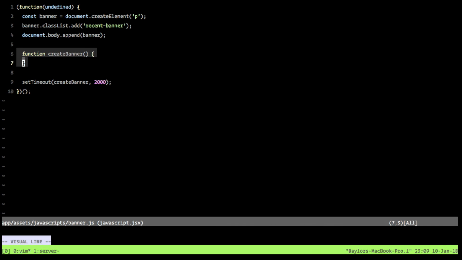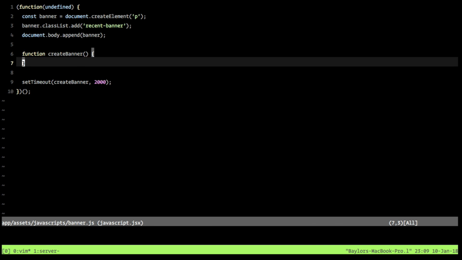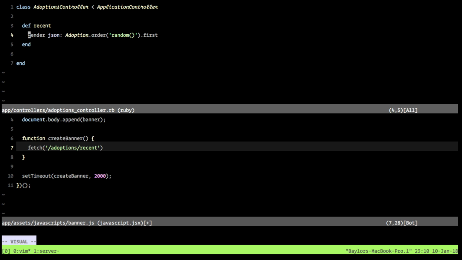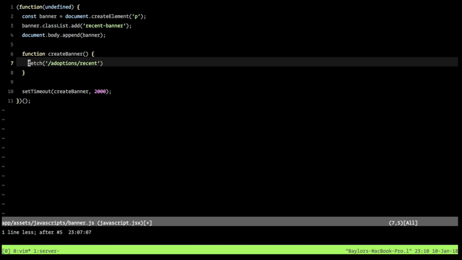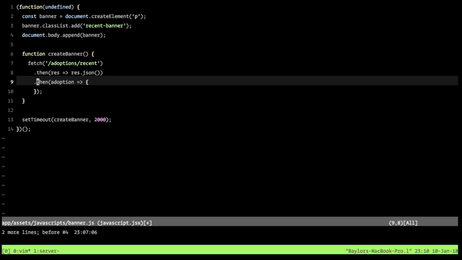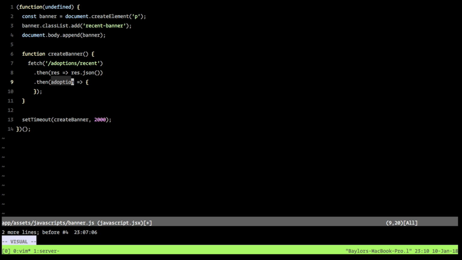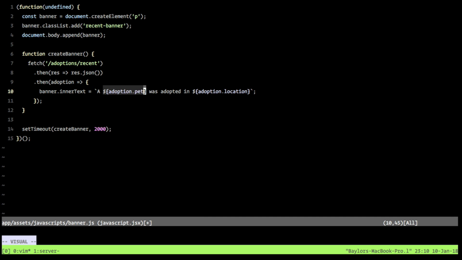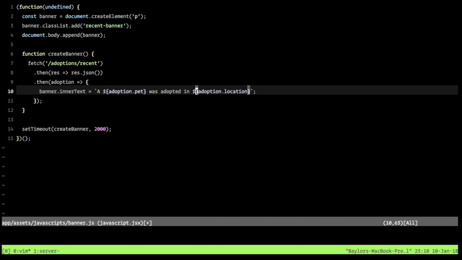So when we create this banner, what we want to do is make a fetch request. This is the HTML5 version of an AJAX request. And we want to hit that adoptions recent. And when we made that, as you can remember, this method returns a JSON object. So what we want to do is just map this into JSON. Then when we take that, this will give us back an object for our adoption. And what we're going to do is very simply tell our banner to have an inner text of a, and then we insert that a pet was adopted in, and then we insert the location